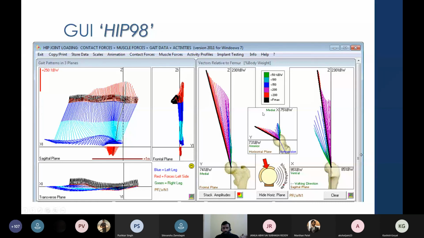You can see there is some visual representation of the reaction forces. This is the hip, the femur bone, and you can see the vertical component of the forces, or rather, the joint reaction forces in vector form. Then the first column will represent the different activities, the position of the limbs, and so on.